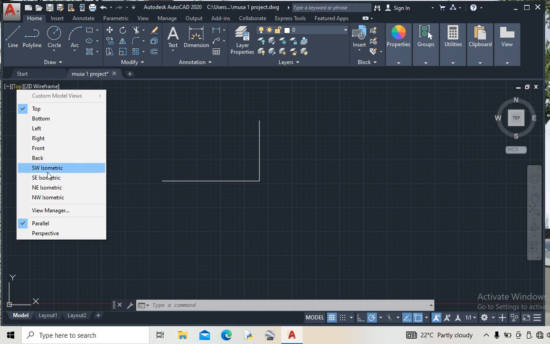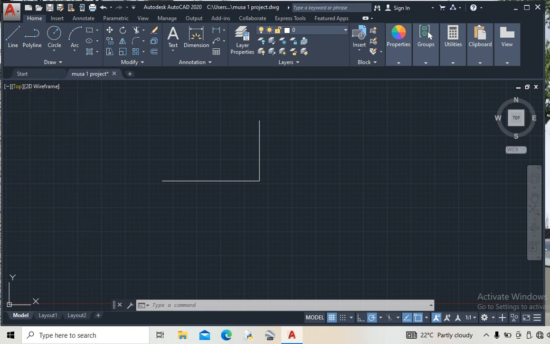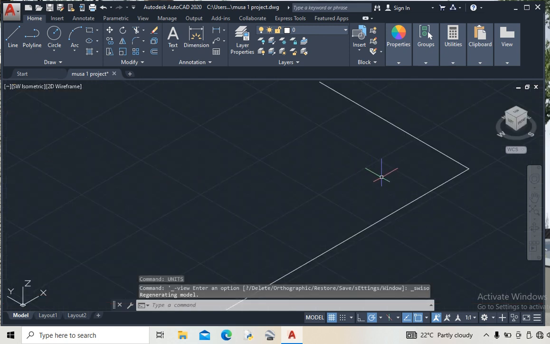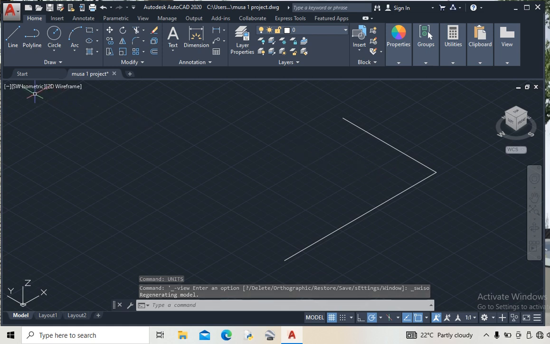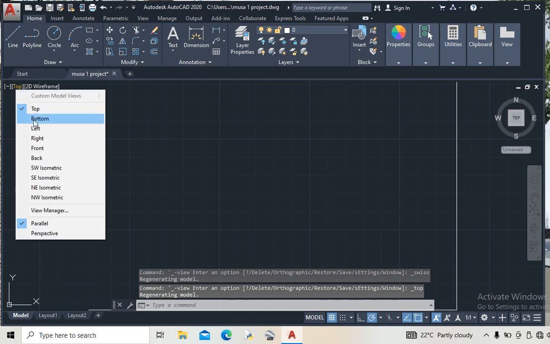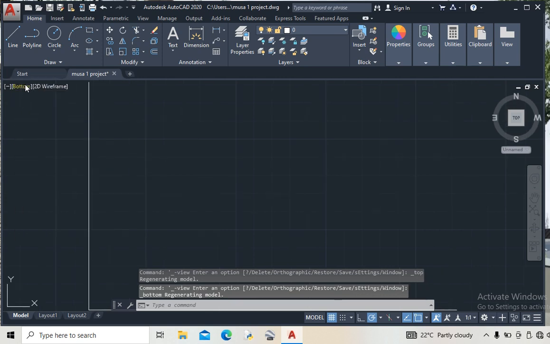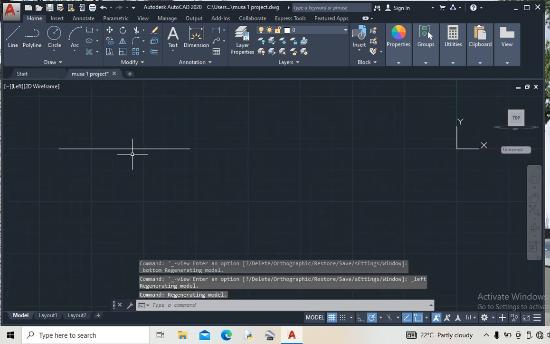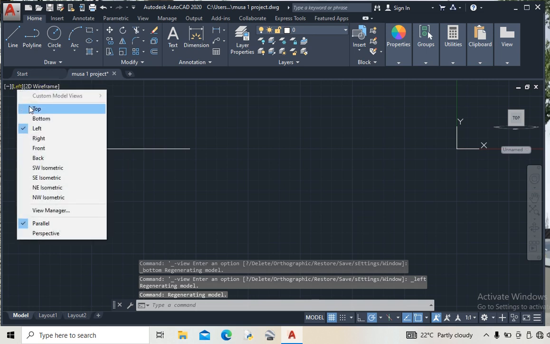But when it comes to southwest, you are looking at that particular drawing in 3D. You are going to do your drawing in 3D when you change it into this. Let's change it and see. You see, it is now in 3D. But when it is in top, bottom, left, like this, or right, it is in